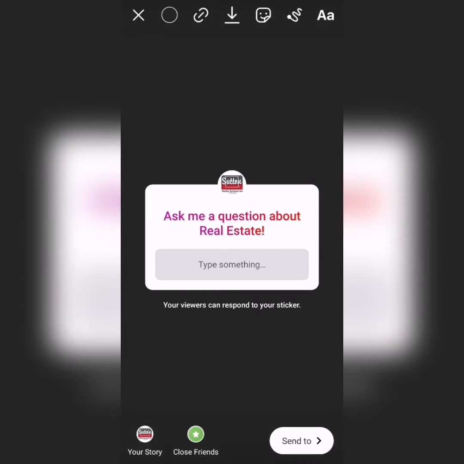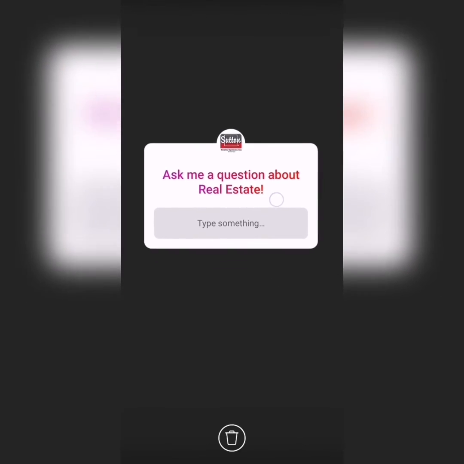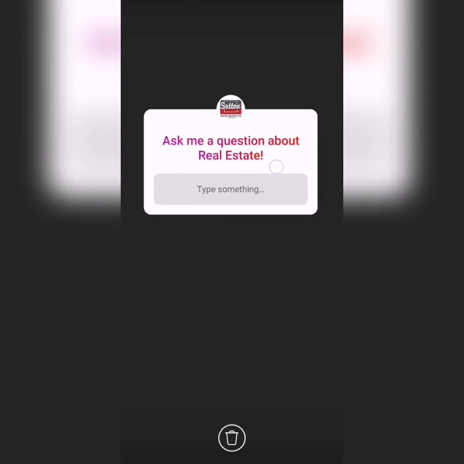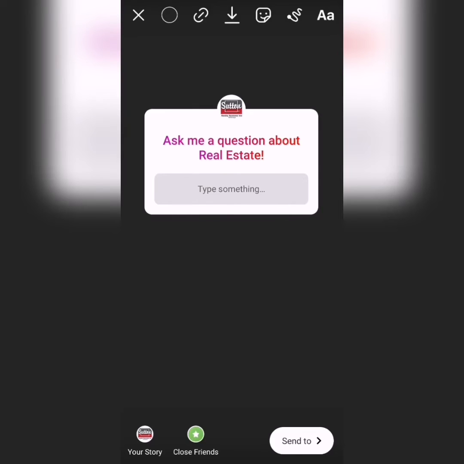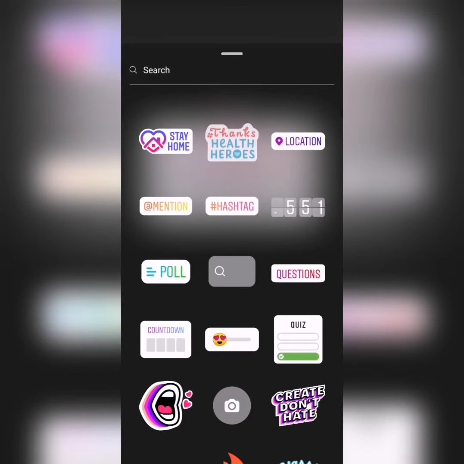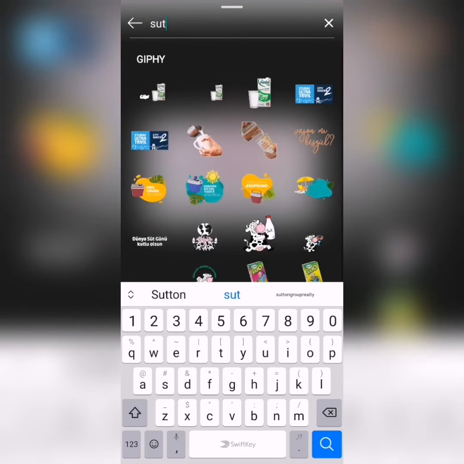Okay, perfect. So you can see your viewers can now respond to this sticker. When they see this on their feed, they can type their question in the text box. Okay, and if you also want to tap the happy face again, don't forget you can type in the word